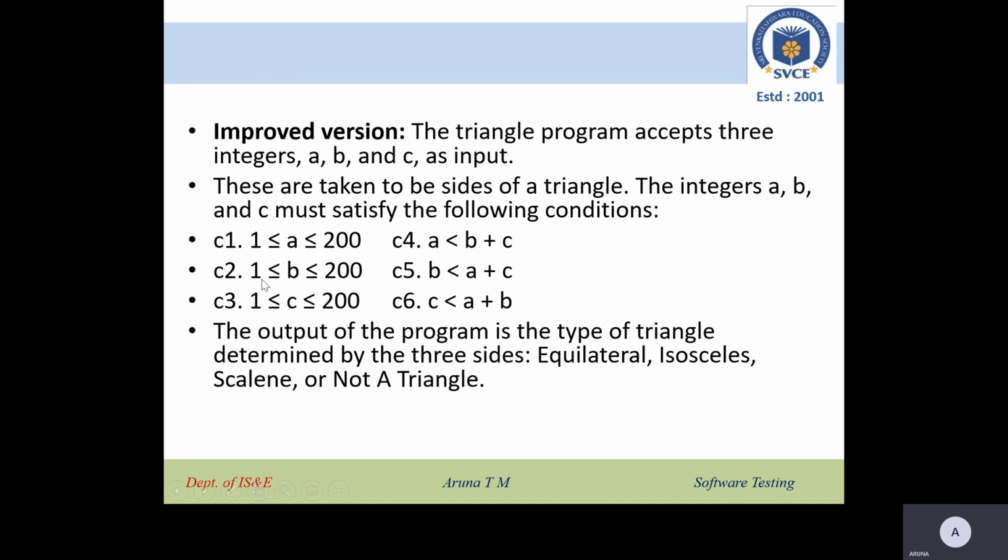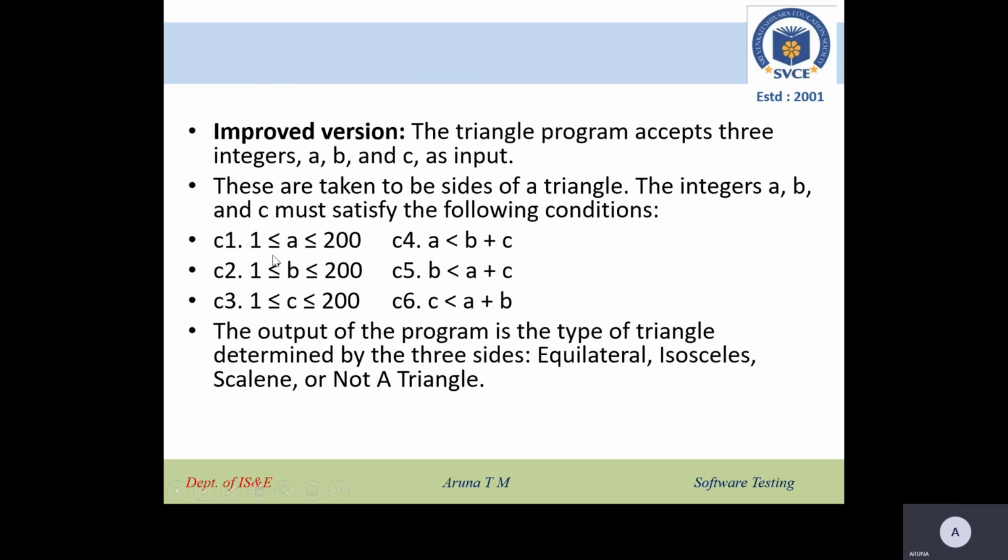Similarly, for the second side, b, the value should be greater than or equal to 1 and less than or equal to 200. Similarly for c, it should be greater than or equal to 1 and less than or equal to 200.